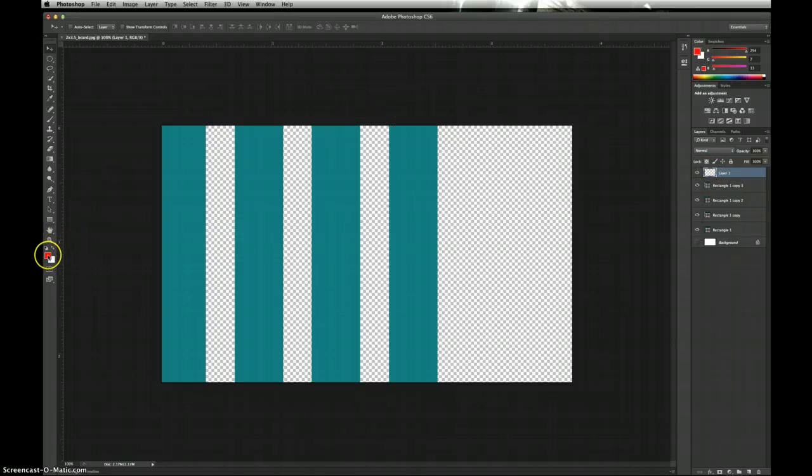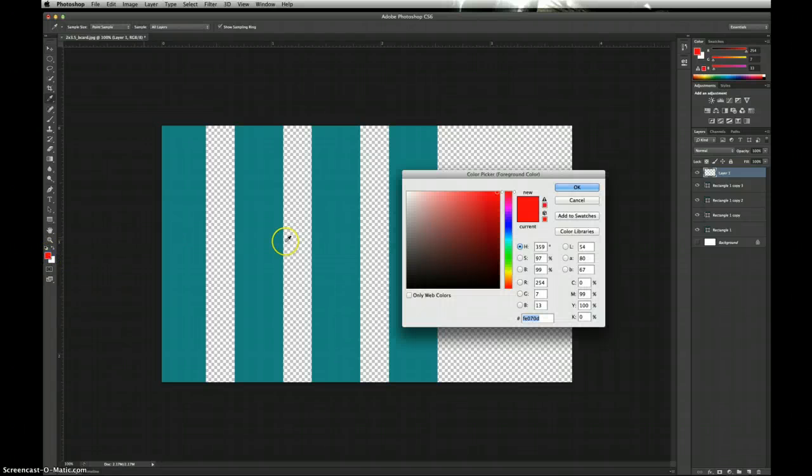You could double click this little foreground over here. Actually, I only have to click it once. And what's kind of cool is you can go anywhere and you can sample color. Usually when I'm designing, I try to find colors that complement each other. So I might move down a little bit and find like maybe this dark green, or go to my color libraries